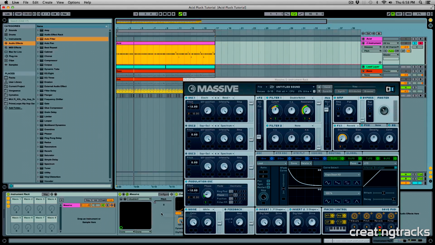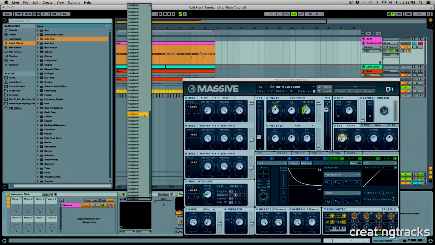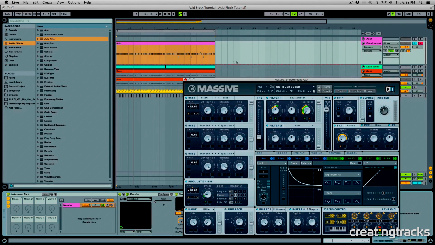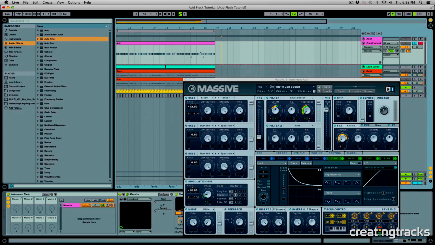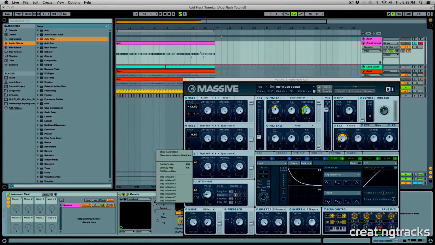So let's click on the pitch and you can see it shows up. No, not that menu. Let's click on a different knob. Click over here and unclick that again and you'll see it shows up. Click on a different knob, click on that red line, unclick or unselect that, and it shows up over here. Then we can right click these parameters and map them to macro 1, map this to macro 2, map this to macro 3, and now we have these macros over here that are moving the same knobs in our massive. So if you look over here in our massive, those knobs are also moving as I move these knobs in my instrument rack. So if I play and move those knobs,